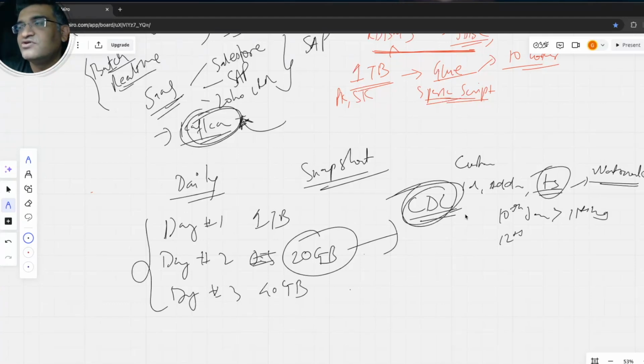Again, there are different tools available in the market. You can explore Kafka, Debezium for this, or AWS DMS, Data Migration Service, which also offers incremental replication. But then there are certain things that you should look at as an architect. See, most of the time these RDBMS systems are the backends of an OLTP system. So what happens when you're trying to get this data from them is that the performance of that system gets hit, right? And these are